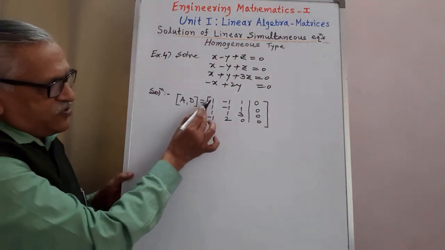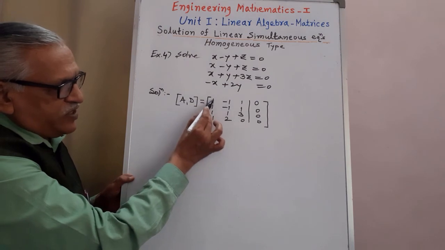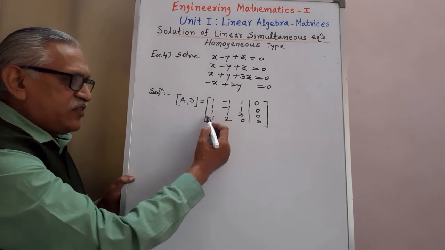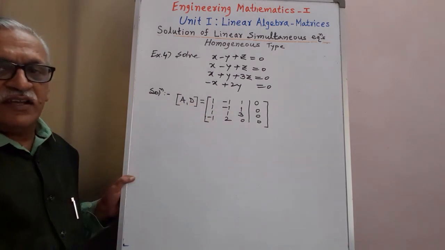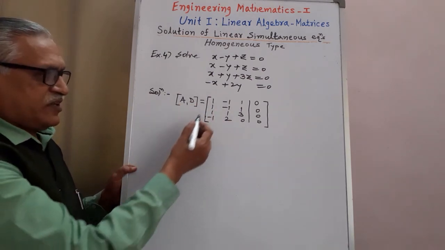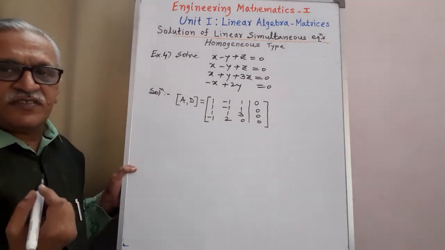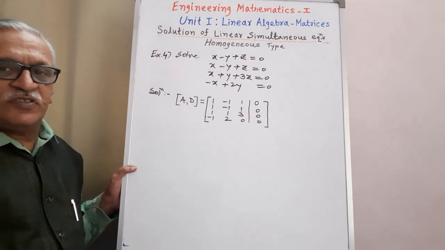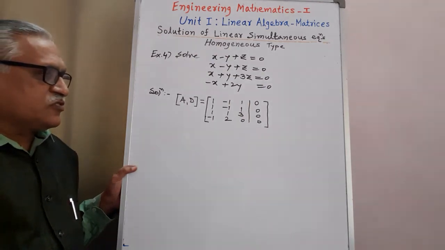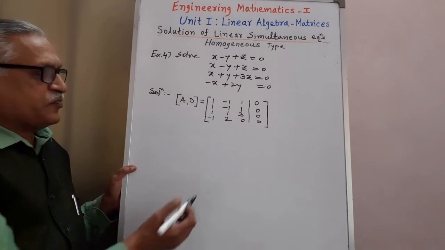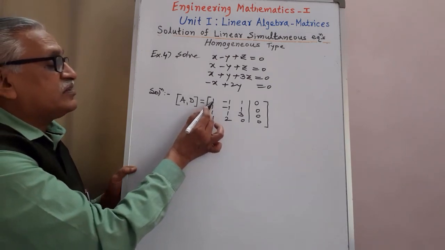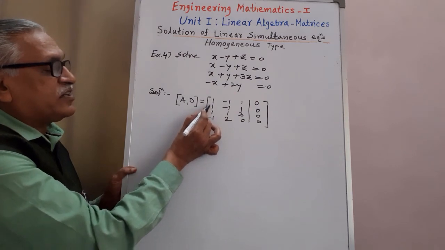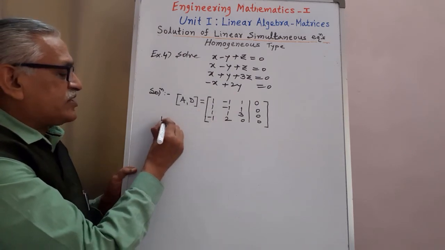Then we try to convert this to its canonical form by converting all the principal diagonal elements to non-zero and lower diagonal elements to 0 by applying elementary row transformations. And I am always taking the help of the row containing the diagonal element. Don't use any other row to convert it into 0. Therefore, with the help of this one, we convert these 3 elements to 0 by using the transformation.